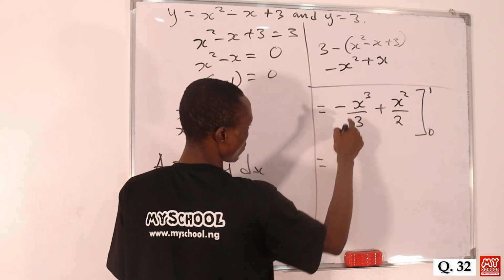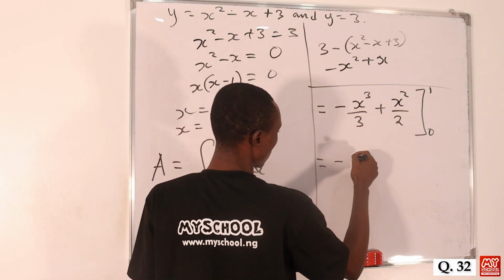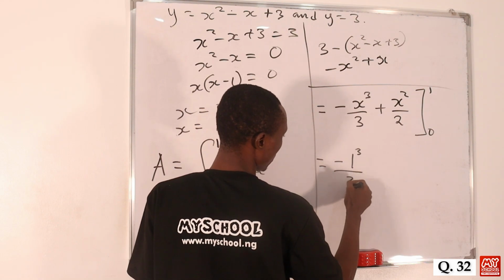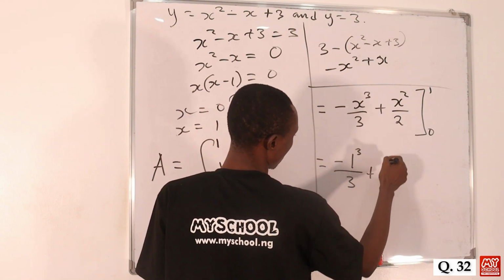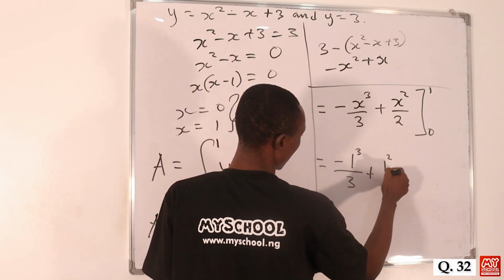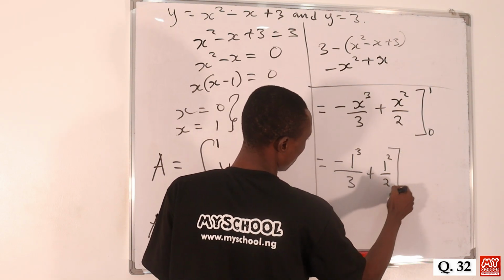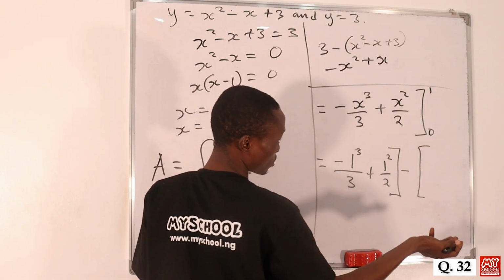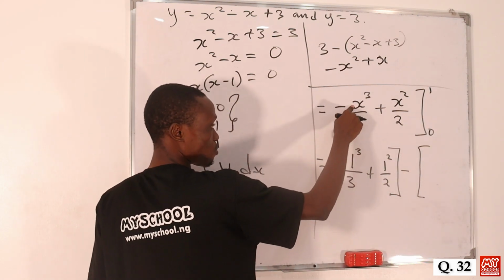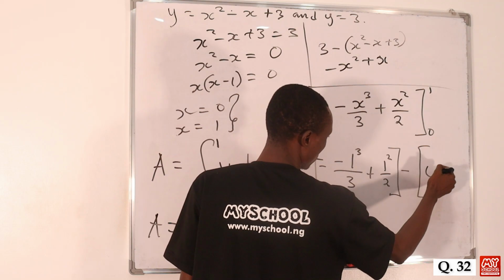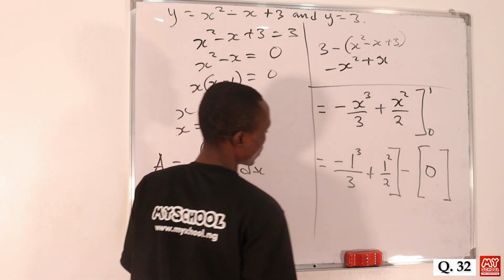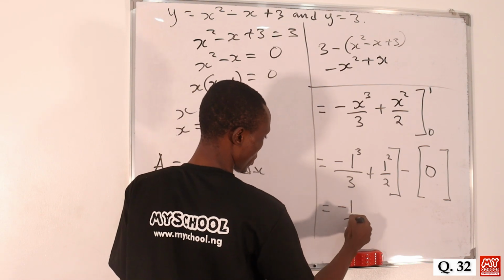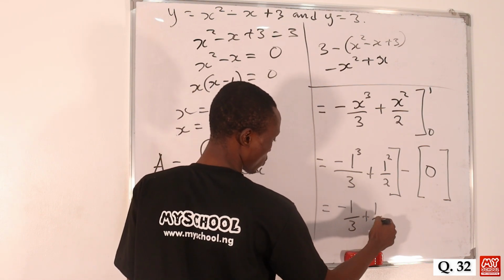So let's fix it now. So here we are going to be having minus 1 raised to power 3 all over 3, then plus 1 raised to power 2 all over 2, okay, for the upper limit, then minus that of the lower limit, which everything is going to amount to 0, because once we fix 0 here, everything will amount to 0. So let's just put the 0 there. Okay, so here we are going to be having minus 1 all over 3 plus 1 all over 2,